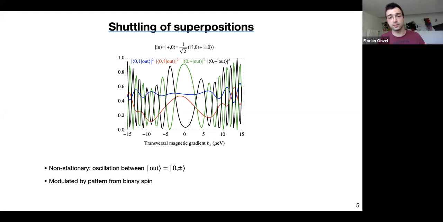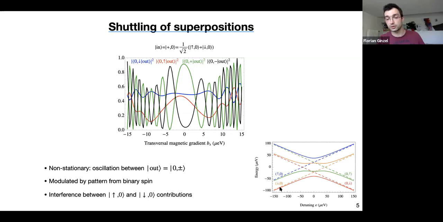And then there we see that these are basically the same patterns that we've just seen on the previous slides, even with those interference fringes here, just now scaled to 0.5 because of this prefactor. And on top of this pattern from the previous slides, from the binary spins, we have some additional oscillation. And this is easily understood by the fact that now in our level diagram picture, we have population not only in one of these states, but in two. And due to the spin flip interactions that have been introduced by the gradient or by the spin orbit interaction, these populations can also interfere among themselves and thus give some cosine modulation on top of the interference term that we have seen before. So, that now explains what you would see here with the superposition state, and all